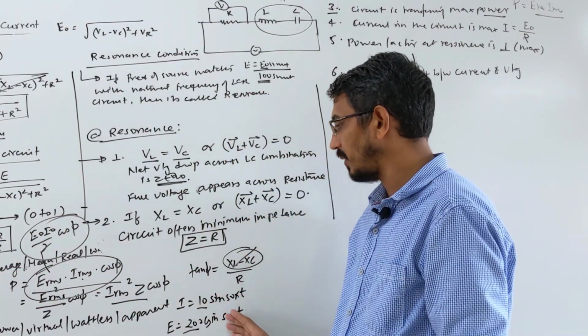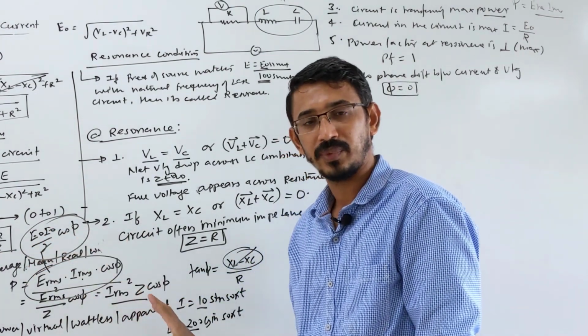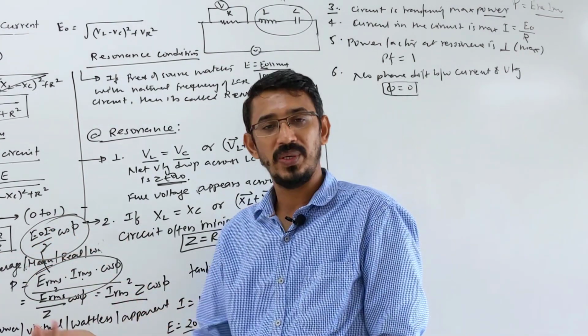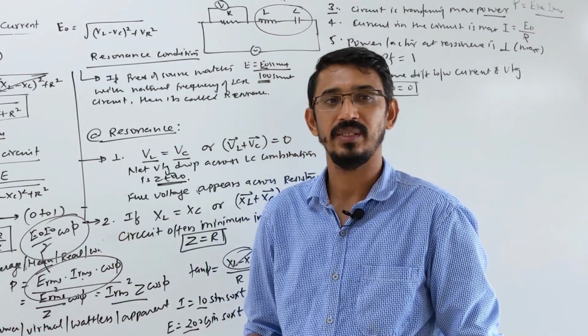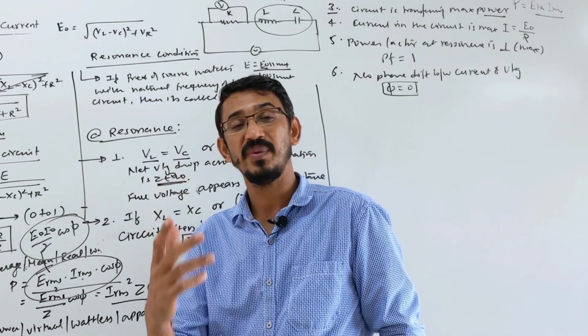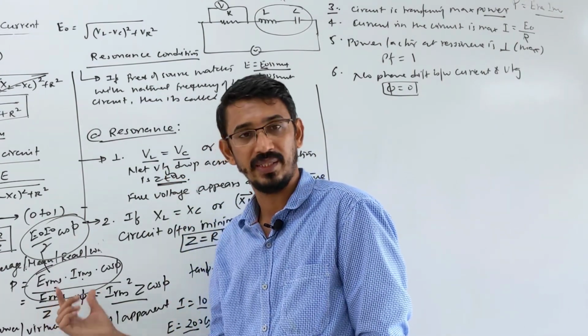That's a simple way, right? Suppose equations are given, directly put 10 and 200 here, E naught I naught by 2 into cos phi. Simple. But if they say in words that the equation is not given, they say 200 volt is supplied and 10 ampere current is flowing, then these 200 volt and 10 amperes are what value? RMS values, always remember. So you have to put them directly then.